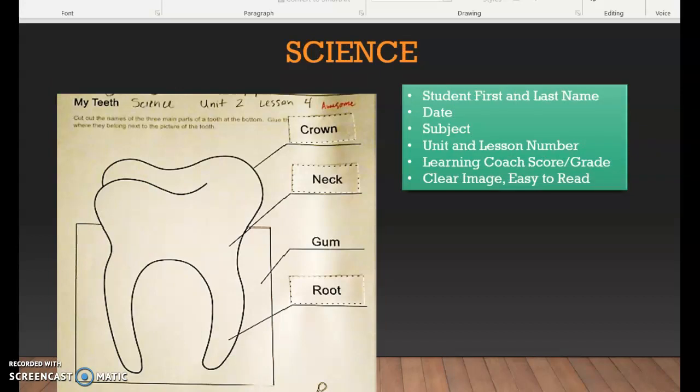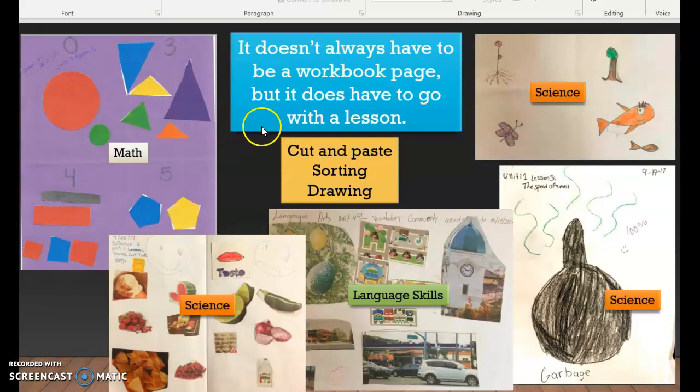Science, same thing. If you do scan your samples, make sure that they are dry. I've had a couple families run their printers that way. When I used to get samples in the mail, sometimes they'd be stuck. So if you do anything with glue, just make sure it's dry. And then if you decide you really don't want to turn in one of those worksheets, that's fine. But then please, please, please label it accordingly. So see this